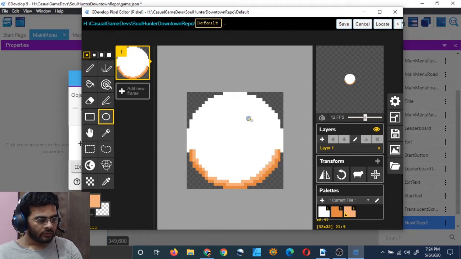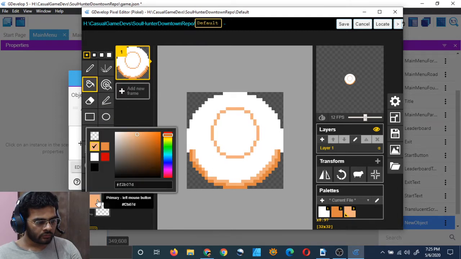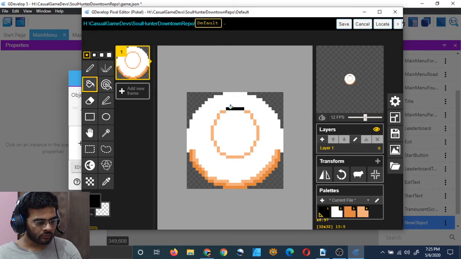And now I should add a user icon like this, right? And it should be in the center, and the outline should be black. Oh god, I will have to do it this way, but it's okay.